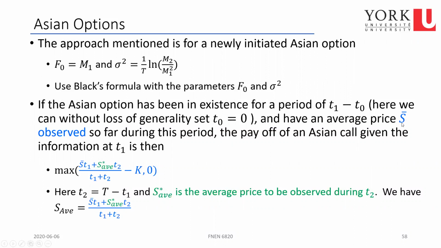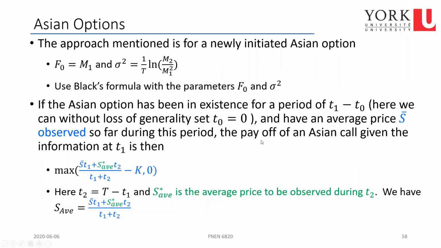So if you denote S bar as the average stock price realized during the first month in our example, which means the observed average stock price during that period from the initial time to the current time,